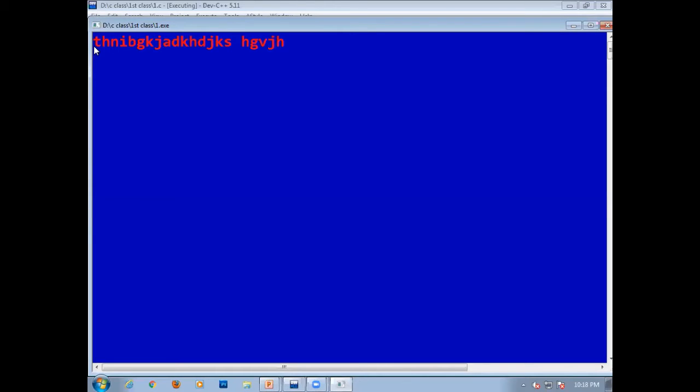Basically it is taken as a string. The characters, including a space, are considered as an array of characters. Since we have an array size of 100, we can type up to 100 characters. So when I press enter, I will get the output from printf.